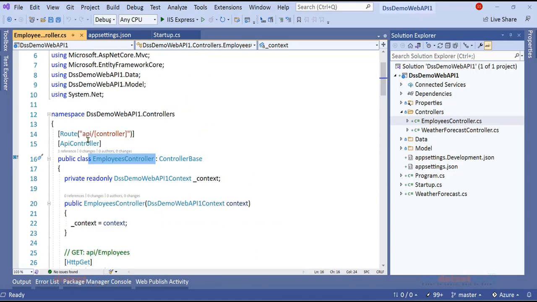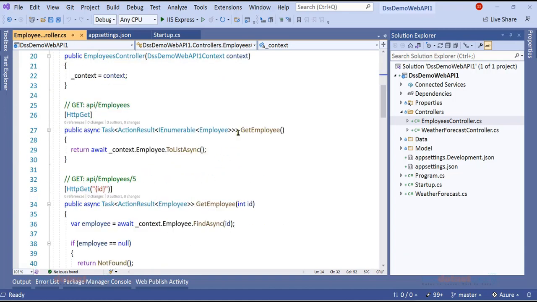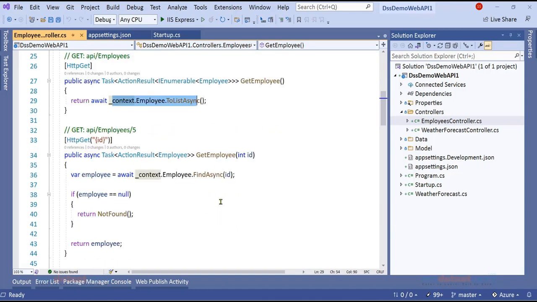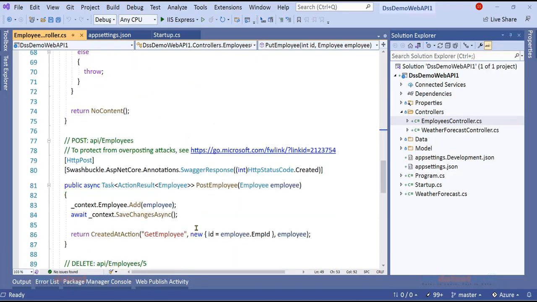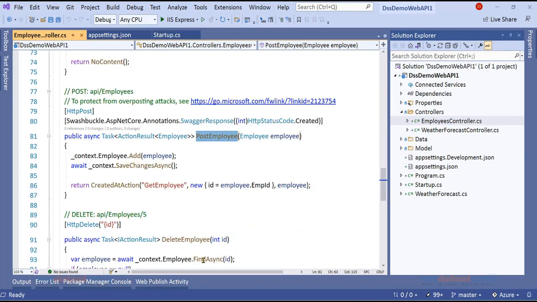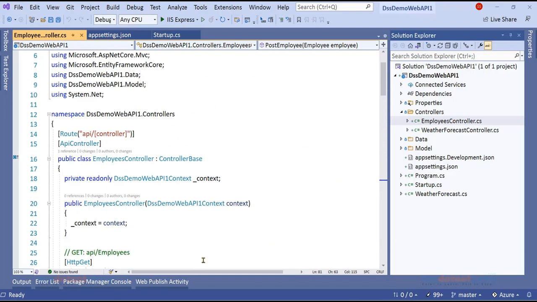It's basically a web API controller, and it has the method called get employees, which is going to return all the employees. Then we have a method which can put the employees, basically update the employees, and post employee, to add an employee, and so on. And I've used Entity Framework for programming this particular application.